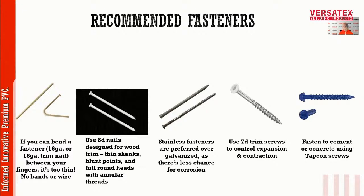Fastening is one of the things you need to make sure you're doing right so you don't create yourself an issue. About the worst thing you could probably do if you're running trim boards, fascia, freeze band, is to start shooting it with just thin trim nails, like you see on the left. If you can bend it in your finger, it doesn't have enough backbone to really hold the boards in place,